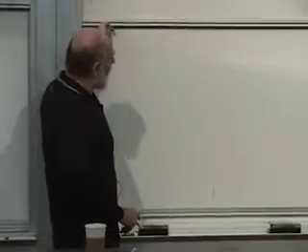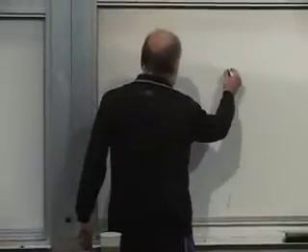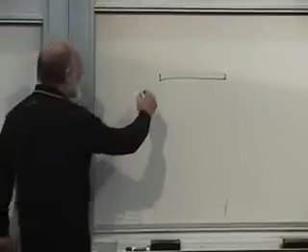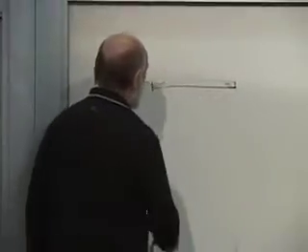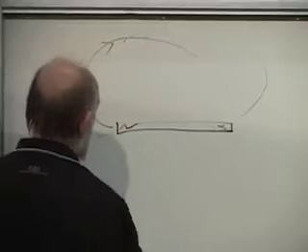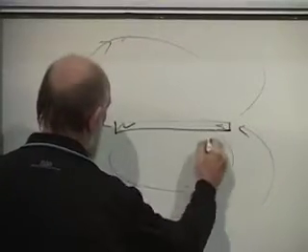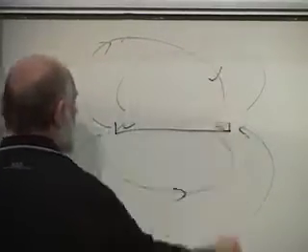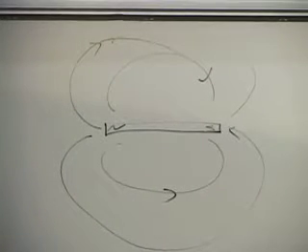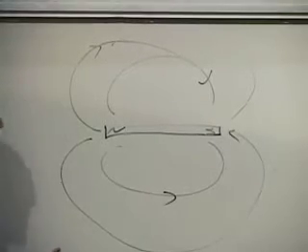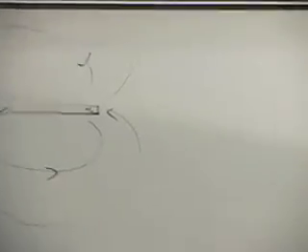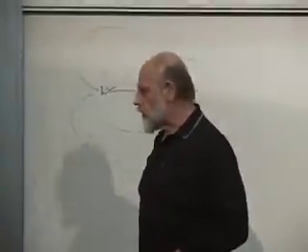Just to see what's involved, imagine a bar magnet. A bar magnet has a north pole and a south pole, and out of the north pole comes magnetic field lines, and the magnetic field lines look something like this. You've all seen this. You take a magnet, put it under a piece of paper, sprinkle some iron filings on it, and you make something like this. Now, if you take the south pole very, very far away, extremely far away, and you look just at the north pole,